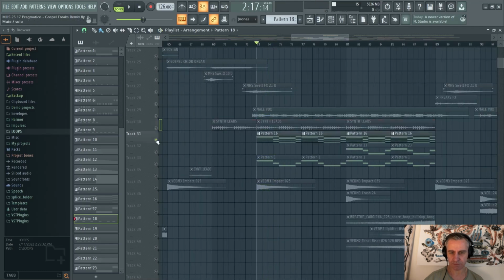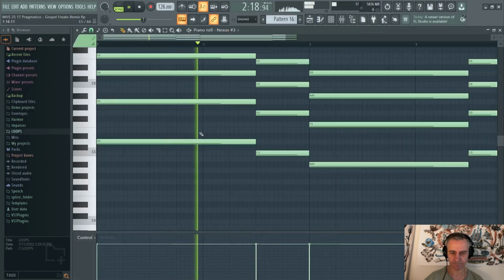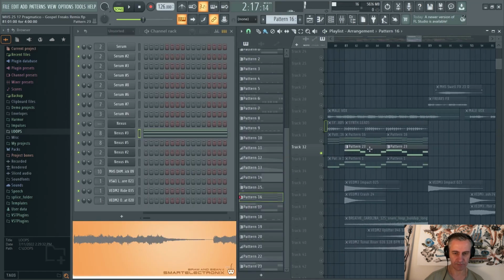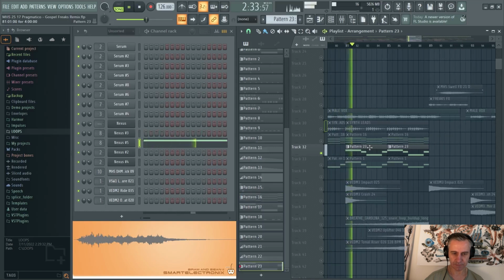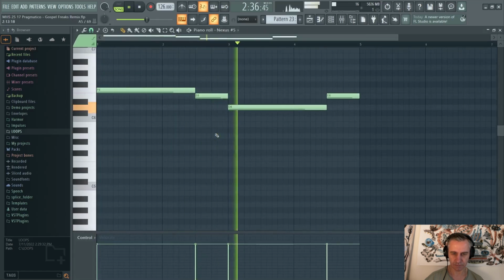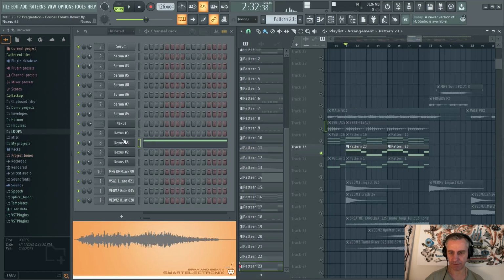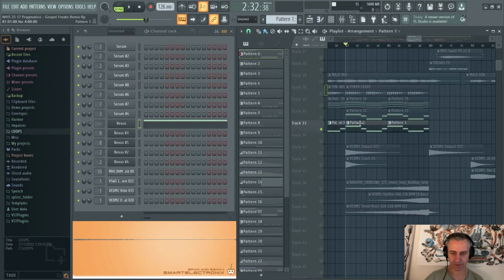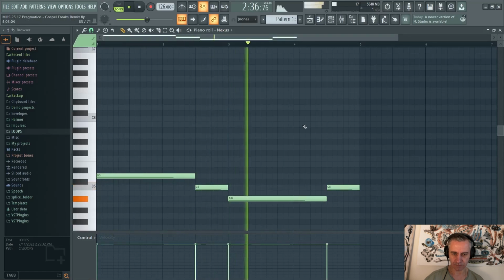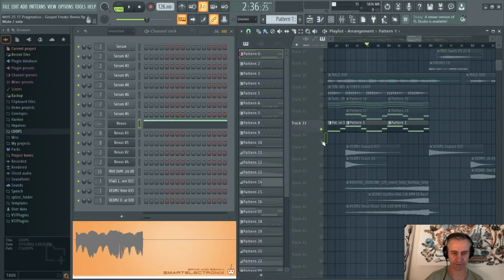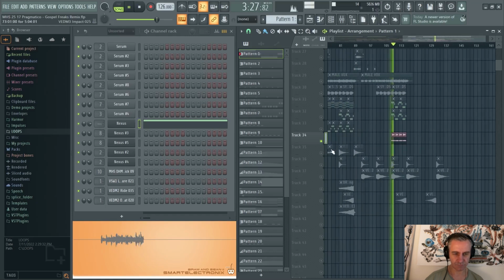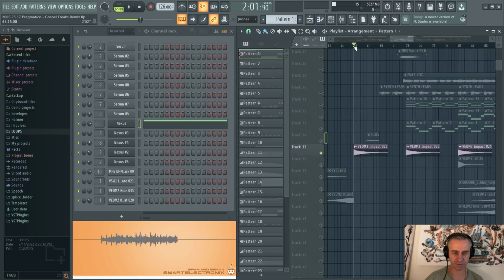I like how it sounds. We have a pad. And we have here something like an angel voice. By the way, it's called angel voice in the vocal or choir section in the Nexus. We have a riser bass. Yes, something like that. Here we have this arpeggio. I like how it sounds, something like an impact,